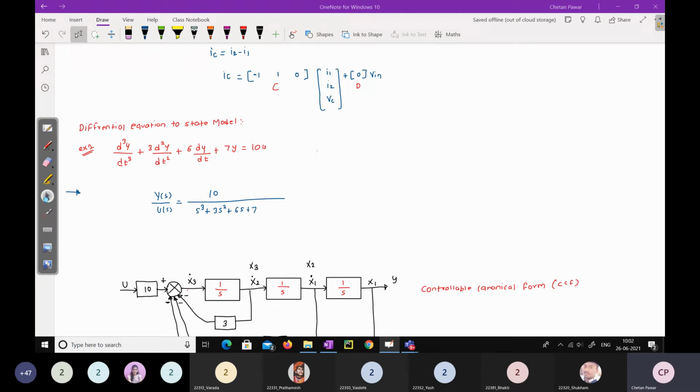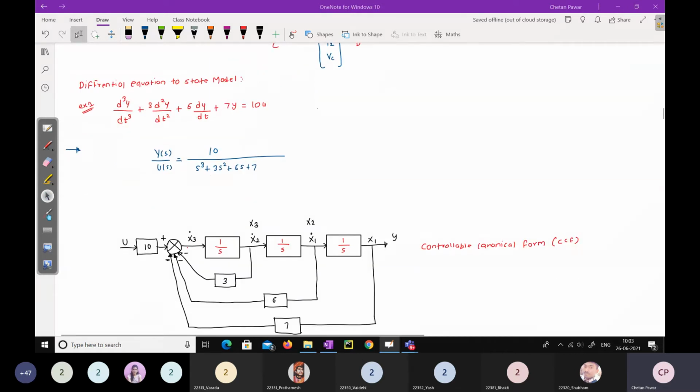Now you have formed this transfer function. From this transfer function, you just need to find the block diagram. There are different forms of representation of the systems. For the time being, consider how to find a controllable canonical form block diagram using this transfer function. What is the order of the system here? Order of the system is 3, right? So I will use 3 integrators.